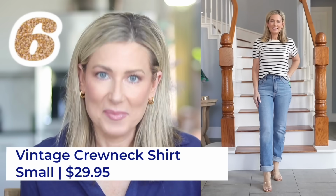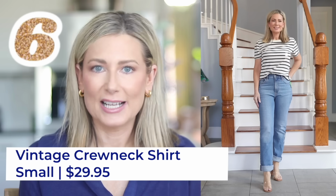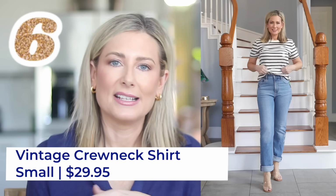So for me, because of the length, these are going back, but I do want to point out that I'm not against the 90s straight leg look. In fact, at first when I heard that's what they were called, I thought, I've already lived through this the first time around. Do I really want to go into this trend? I like how they fit up until we get to around my ankles, and that's where I wish they were a little bit shorter. And then I paired them with just a classic kind of creamy white and navy horizontal